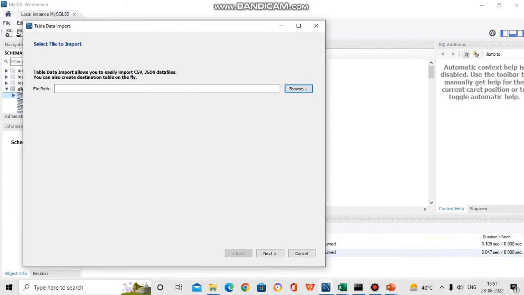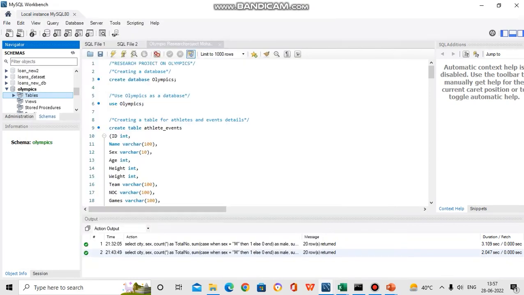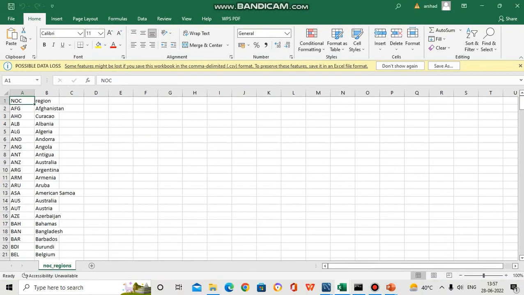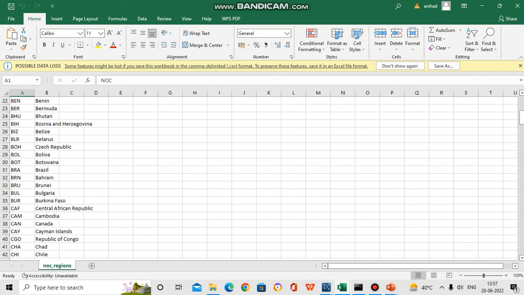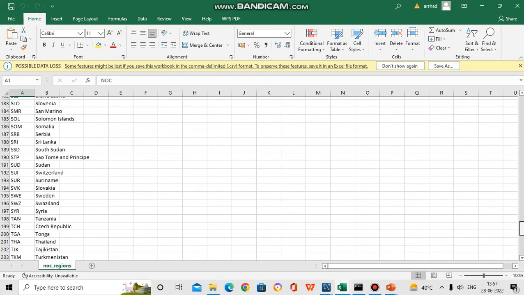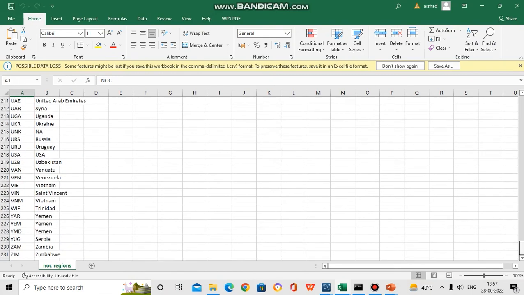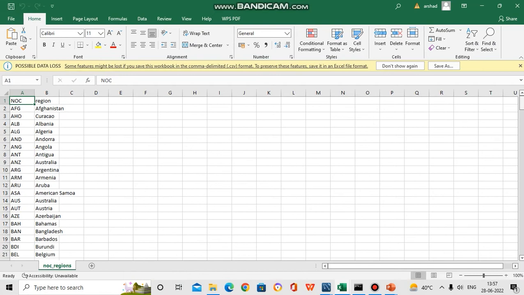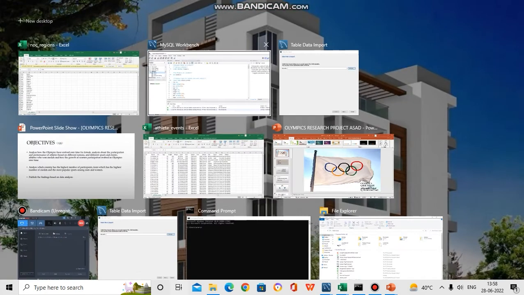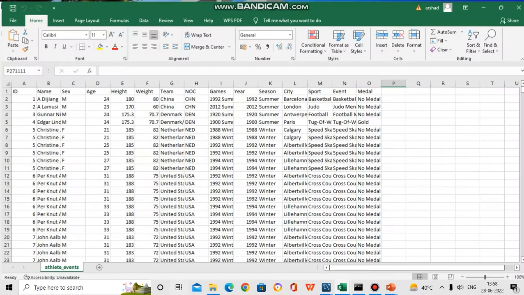This way you can import the table into MySQL. NOC regions was simply added here because it has a very small number of rows. As you can see, there are only 231 rows, so it was imported very easily. But the other one, athlete events,